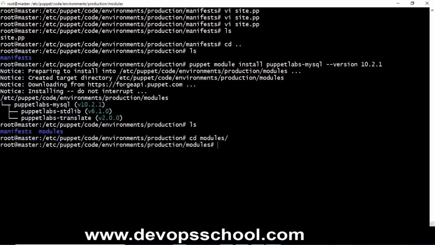and if you say ls, there are some files and folders created. The folder mysql gets created automatically when I run that command, when I pull that code from the Puppet Forge. So now it is installed. Now I go cd dot dot, cd manifest,